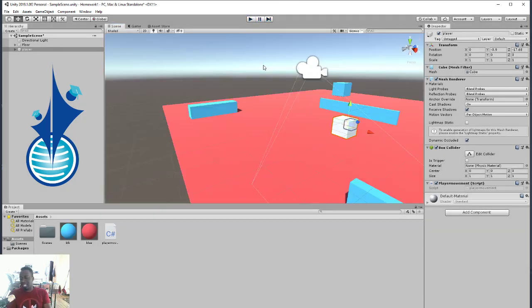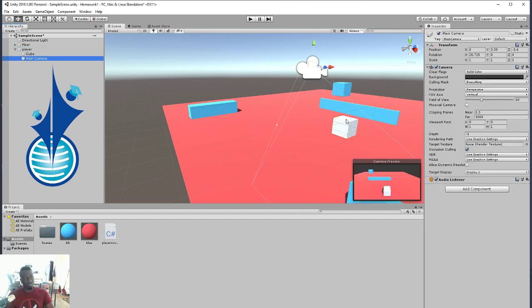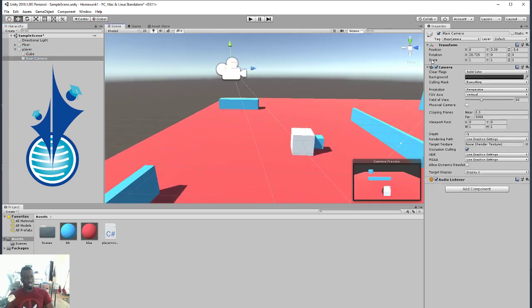But that's it for the tutorial, guys. Hope you guys enjoy that quick 4-liner for your third-person or first-person controller. Now, if you're saying, well, hey, this is not a first-person controller, it's still a third-person, just remember, guys, it's all about your view. So all you would do then is straighten out your camera, guys, bring it down, and